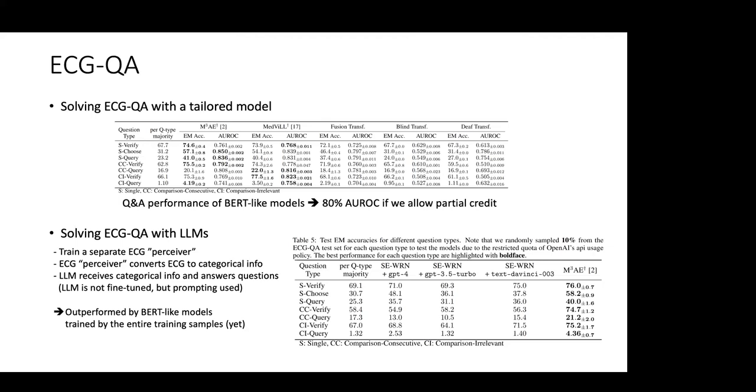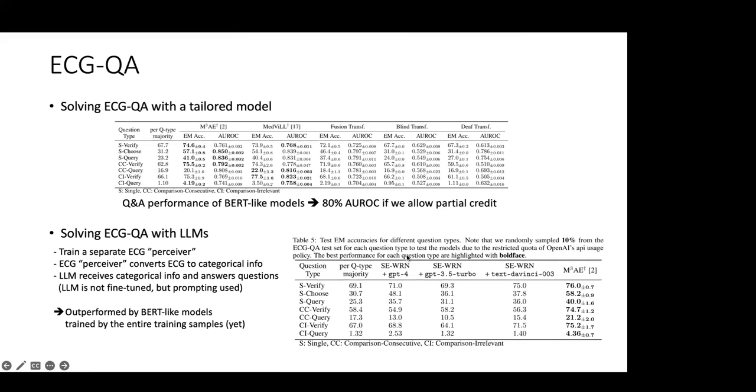My answer was that it's probably the former, because M3AE goes through a very long multimodal pre-training, like BERT-like pre-training. You mask out certain ECG segments and also certain text segments, and then you try to reconstruct them. Once you do that for a very long time, it has a very strong understanding of both text and ECG at the same time. So it's bound to have a better perception